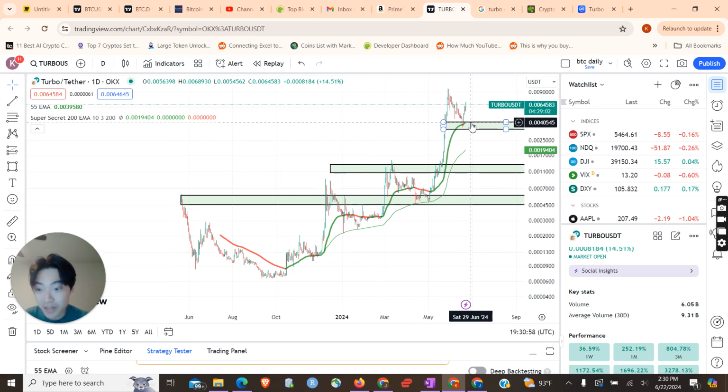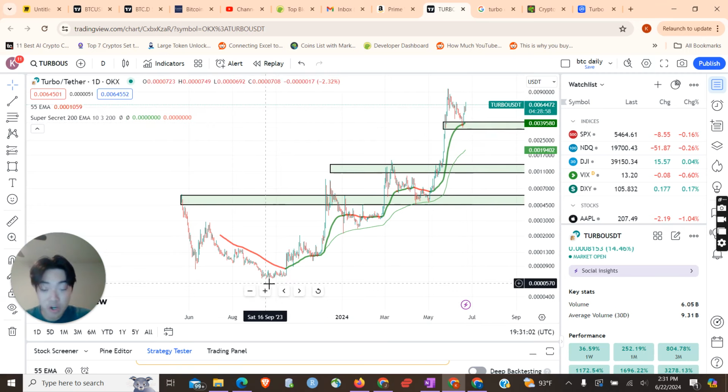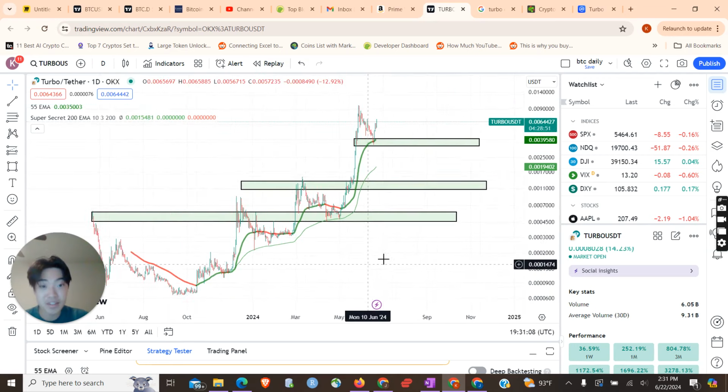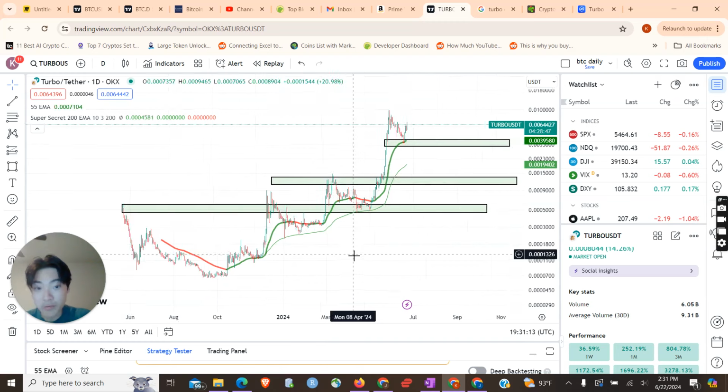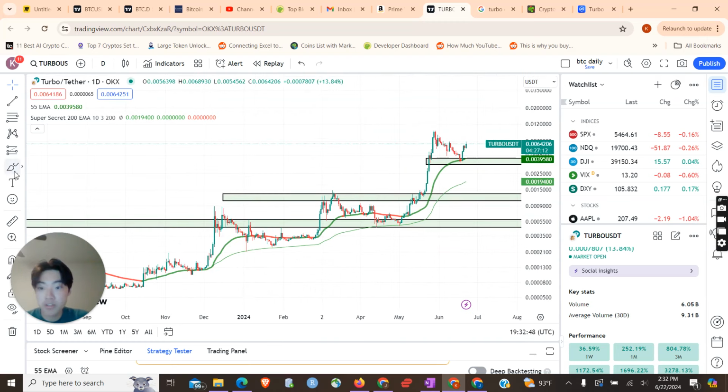That has been the pattern for Turbo ever since October. So that's been like 7, 8, 9 months now that we've had this staircase pattern, and this staircase pattern will continue for the entirety of the bull run. One thing I want you guys to notice about this Turbo chart is every time we've had this top off